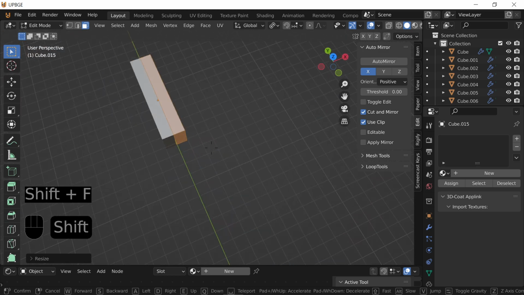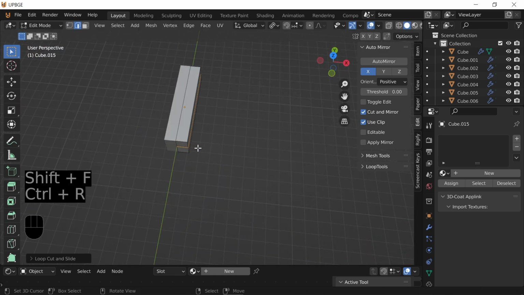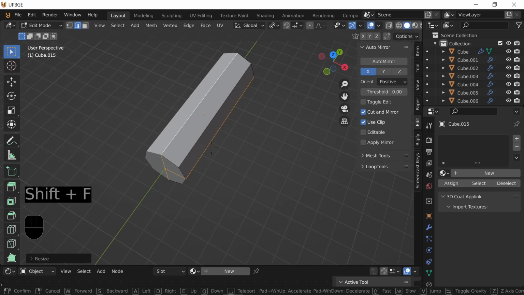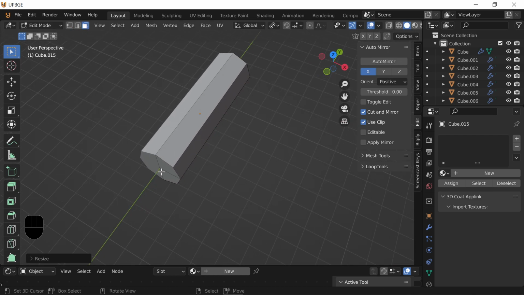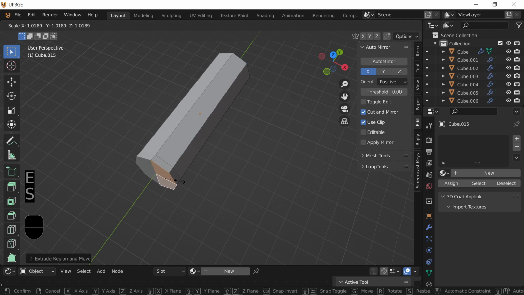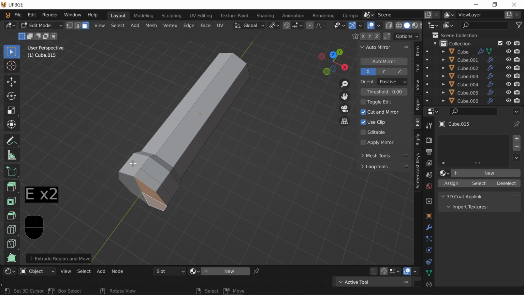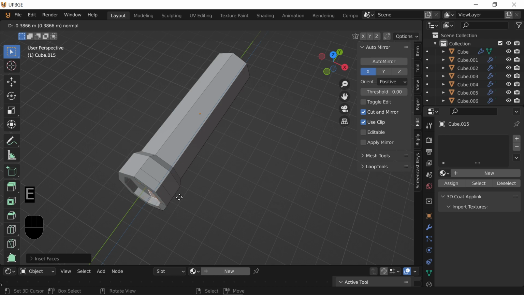right there, and select that part. S, Shift Y, there we go. And then take this part and E to extrude this, scale it up, E to extrude it again, E to extrude it one more time just to get these faces, and then I to inset and just drag it